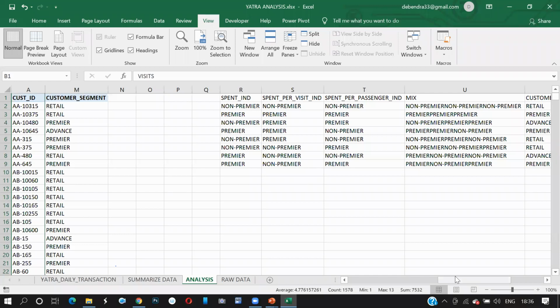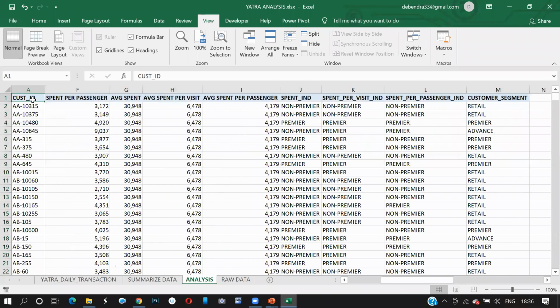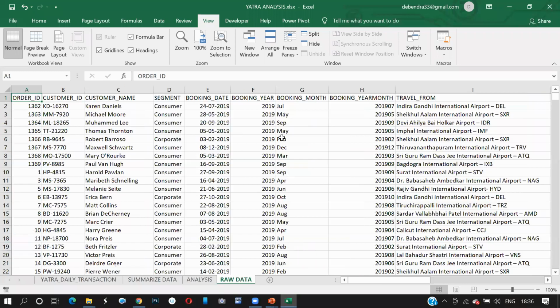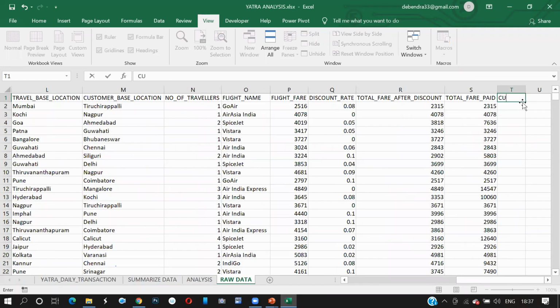Right. So now what we will do here, I will go to the raw data. Now in this raw data, I will add something called customer segment. In this customer segment, I make a VLOOKUP.